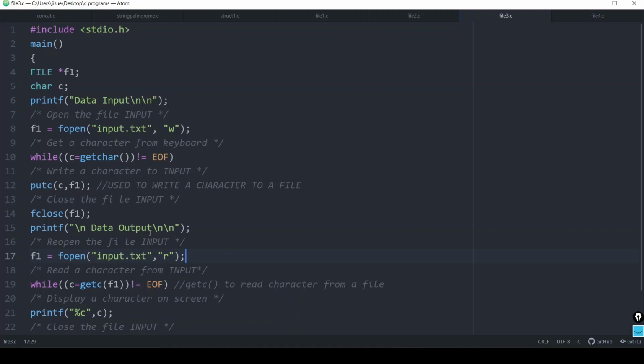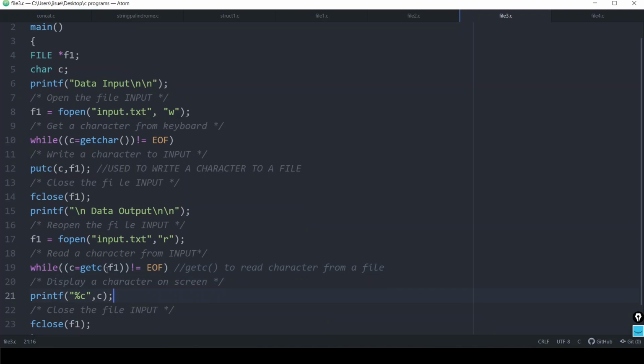Then we give a printf, and again open the same file, and read each and every character from the file pointed to by the same pointer f1. Whenever we get each character in the while loop, we print it on the screen using printf. Here putc is used to write a character to the file, and getc is the function used to read a character from the file.